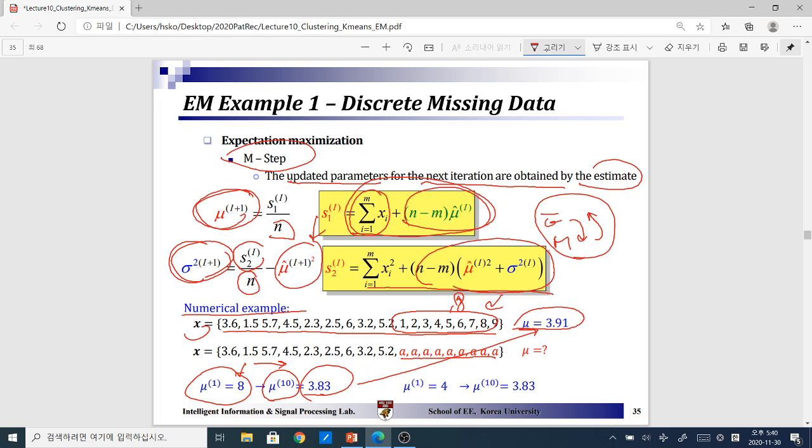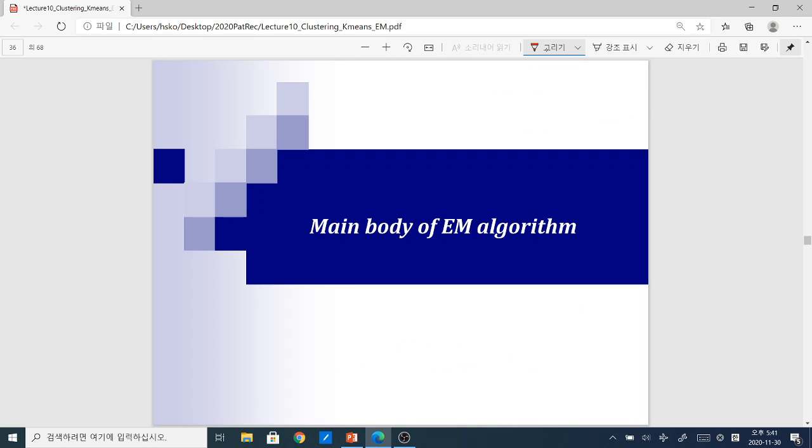Similarly, I've done that with an initial value starting off with 4, and once again, going through this iterative process, going back and forth between expectation and maximization, the number converged to 3.83, which is also very close to the true value. So the expectation maximization procedure seems to work, at least on the missing data situation. Okay, so this is going to then